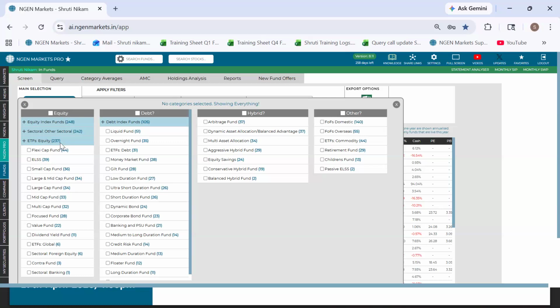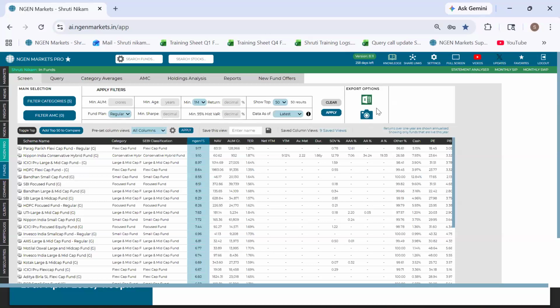For now, I will take flexi cap fund as a category, small cap fund, large cap fund, and focused fund. I also wish to add some debt element in my portfolio. So from hybrid as a category, I will take conservative hybrid funds, and I will close this